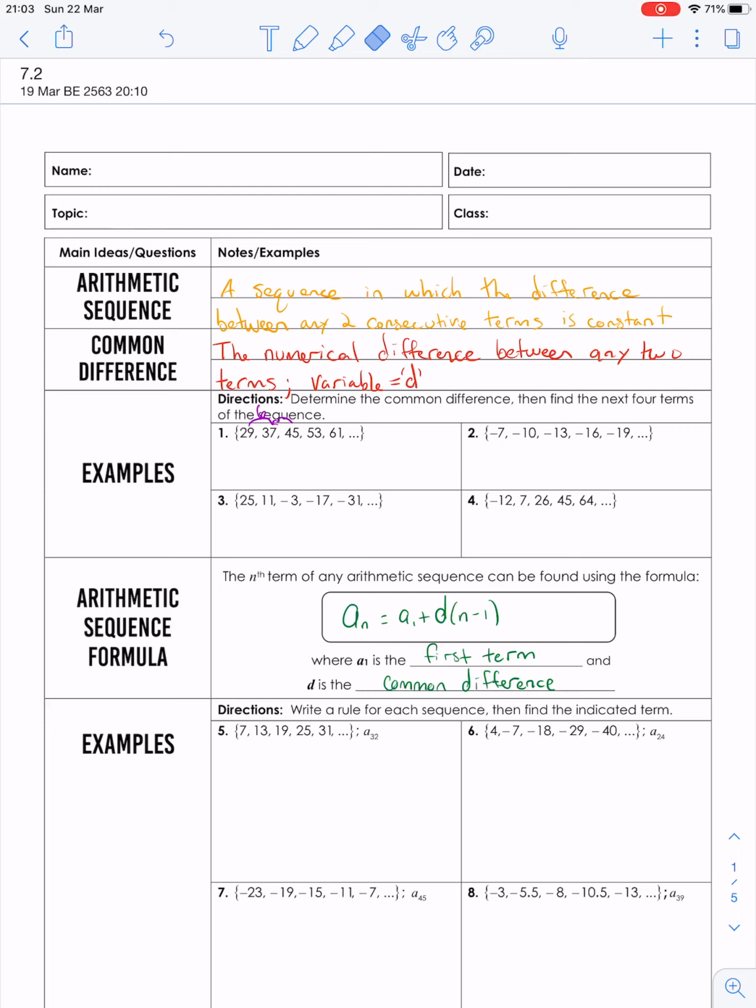Welcome to 7-2 of the chapter on sequences and series. This is going to be on the arithmetic sequence. What it is, I already wrote the definition, is a sequence in which the difference between any two consecutive